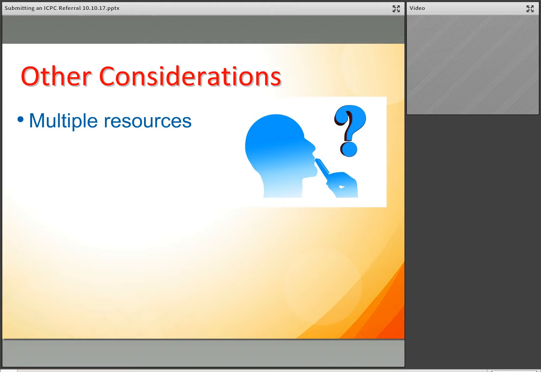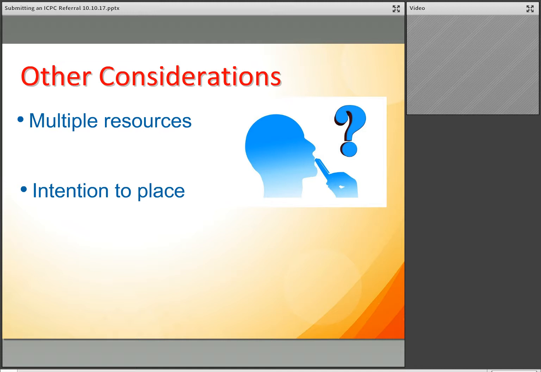While this is allowed, you should note that submitting referrals for multiple home studies on multiple resources can put a significant burden on the receiving state to complete those home studies. If you are requesting multiple resources when you know that you want to place with one specific resource, you should consider sending separate ICPC requests at different times based on the priority of placing with certain resources. Again, this is not required, but is a consideration to make based on the child's situation.